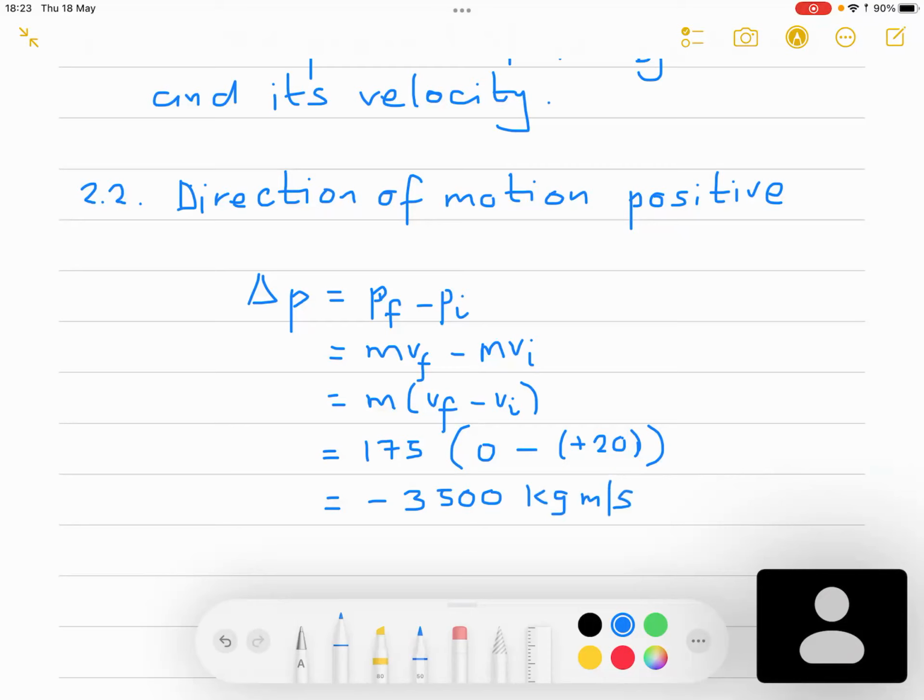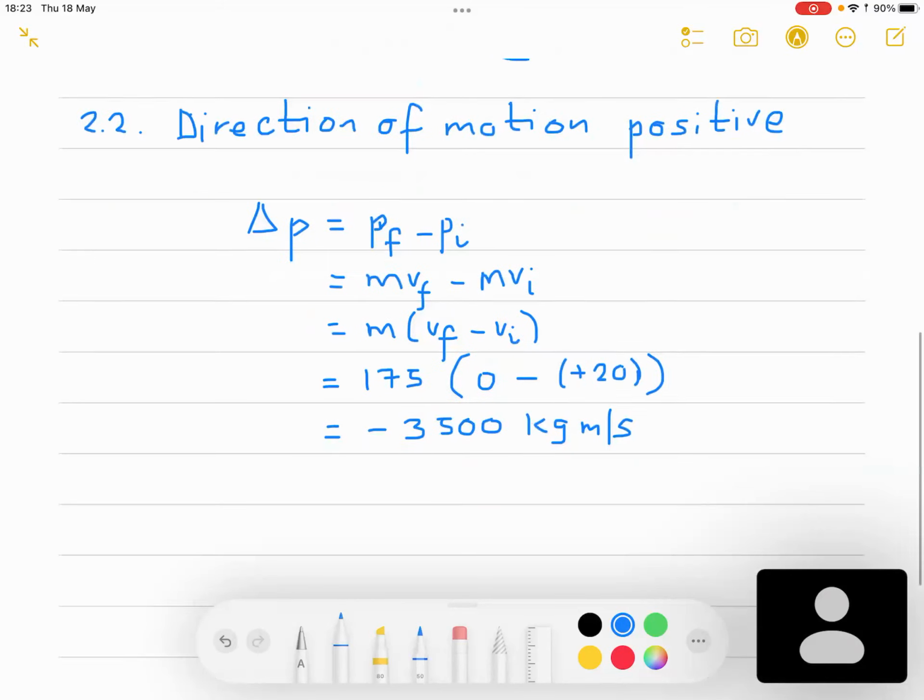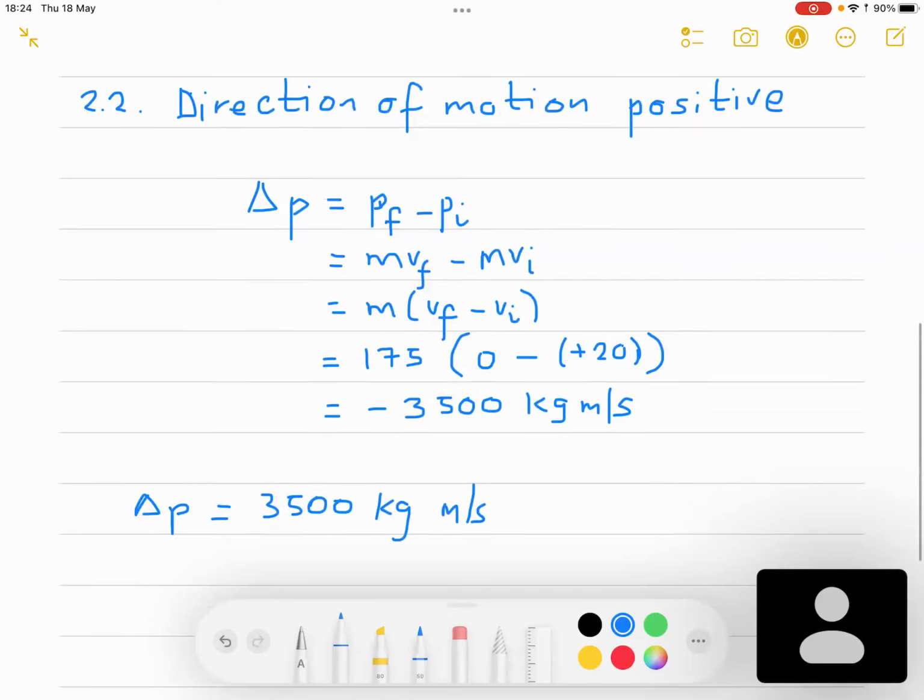Okay, so it said calculate the change in this. So what does this negative sign mean? It means that the momentum changed in the direction opposite to the direction of motion. Okay, so delta P is equal to 3,500 kilograms meter per second